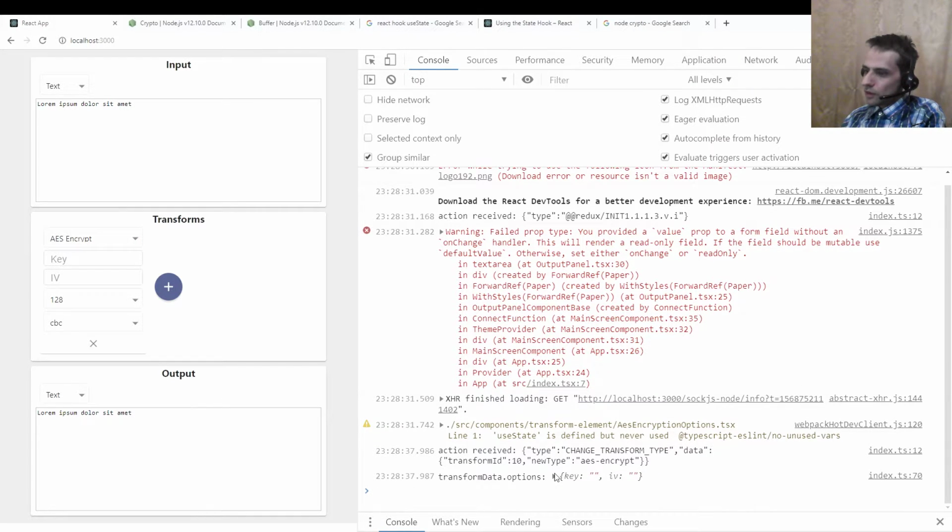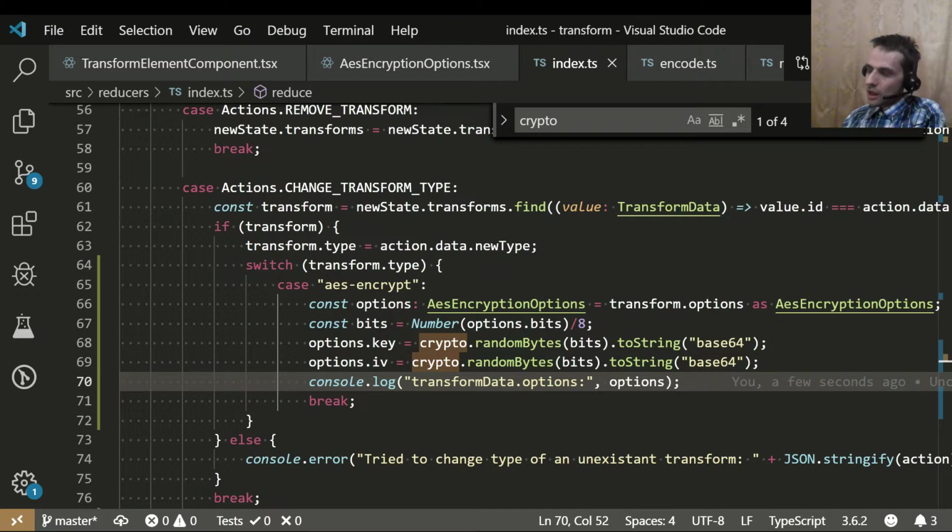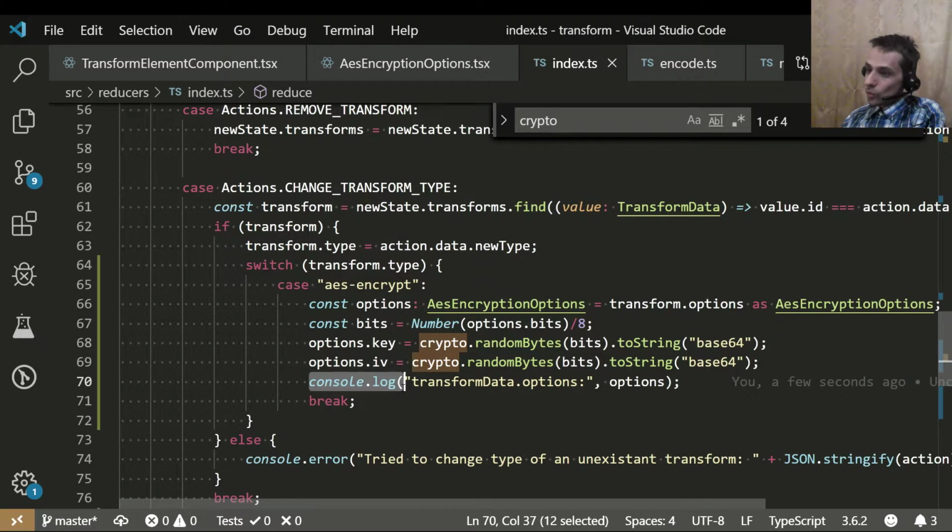Okay, key and IV are nothing. Yeah, right. Oh, why would it get it? Because there are no default values set anywhere. So default